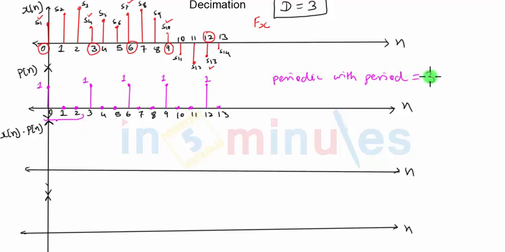Period is equal to 3 again because d is equal to 3. The first sample in every period will be unity and the remaining samples will be 0. So because the period is 3, the first sample is 1, the second and third samples are 0. Then the next sample in the next period is again a unit sample and then 2 zeros and so on. Why have we taken this type of p of n? Simply because you can see we have unit samples which coincide with the values of n which we want to read: 0, 3, 6, 9, etc. And the remaining values in p of n are 0.